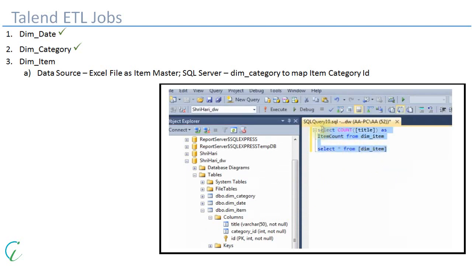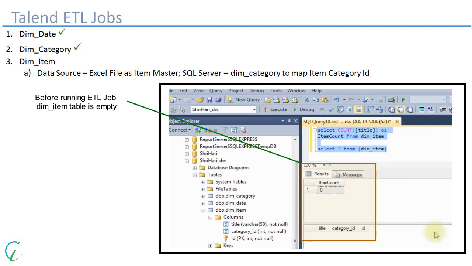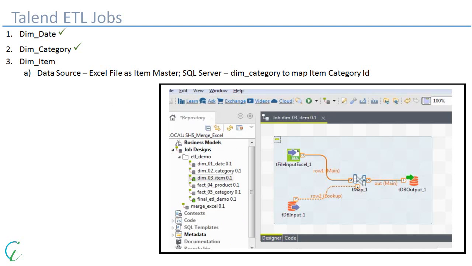It is now time to check the dim item table in the data warehouse. I run a query and we can see that the table is empty. On the Talend job part, let us run the job.